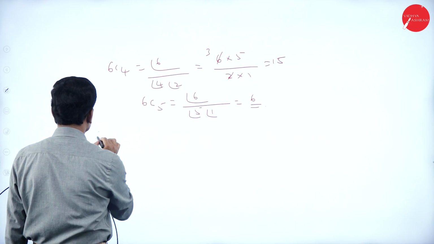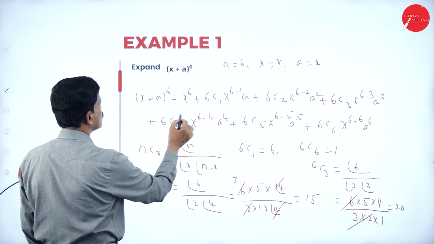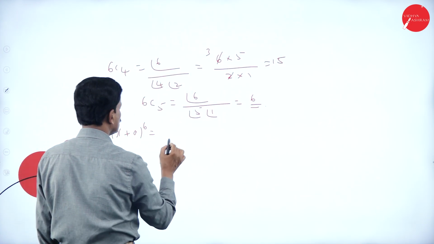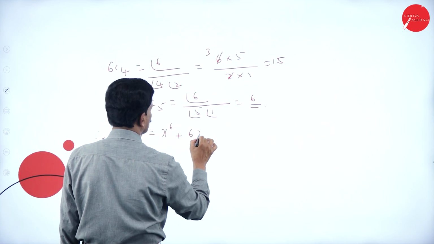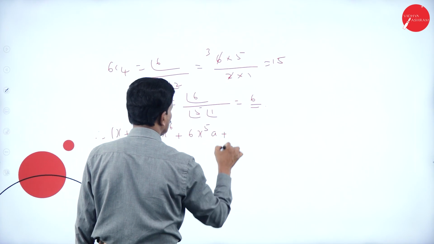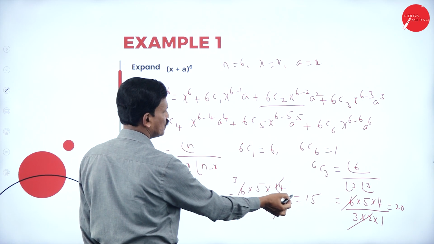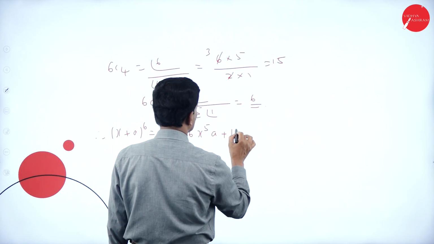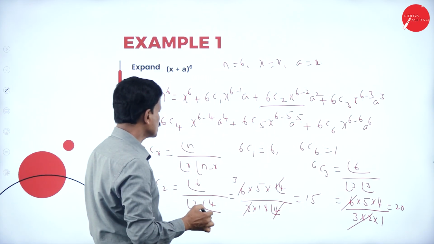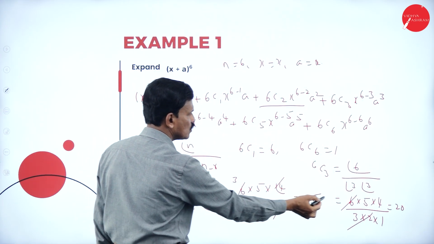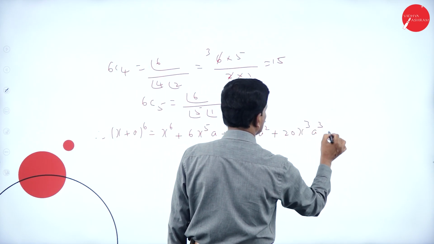Now, therefore, (x plus a) to the power of 6 can be written as, substituting the values, x raised to 6 plus 6C1, which is 6, into x to the power of 6 minus 1, that is 5, into a, plus 6C2. What is 6C2? 6C2 is 15 into x to the power of 4 into a square, plus 6C3. 6C3 is equal to 20 times x cube and a cube, plus